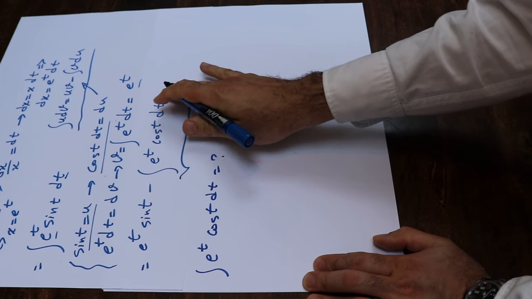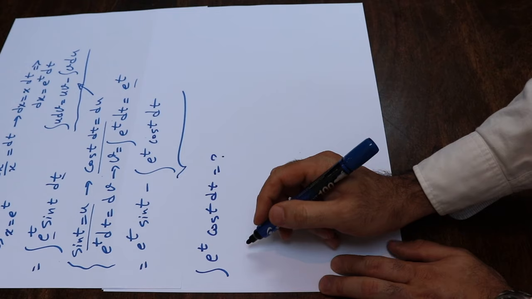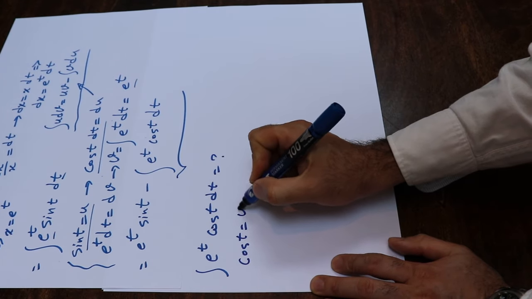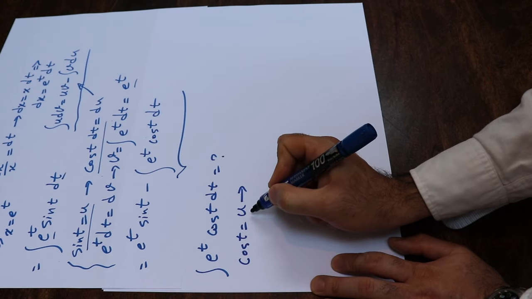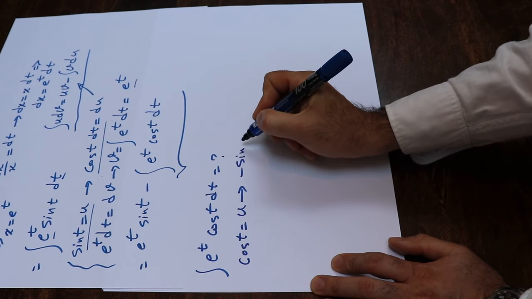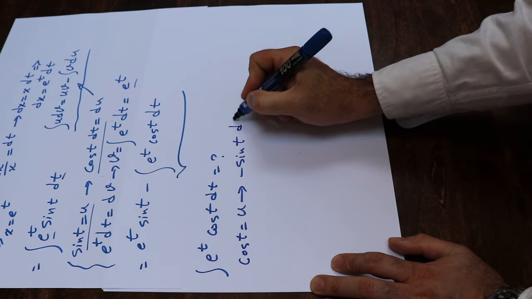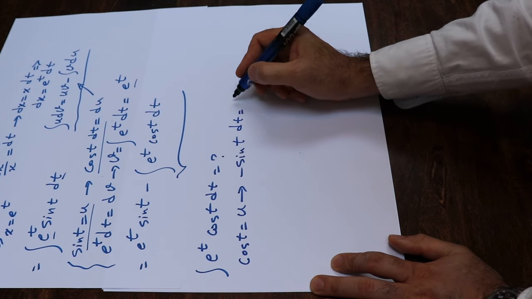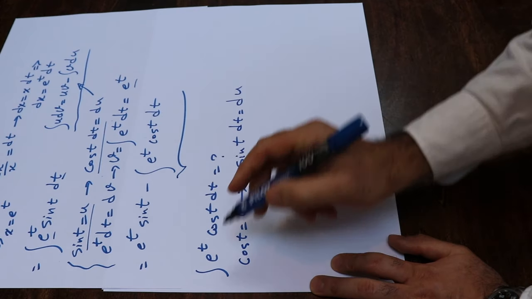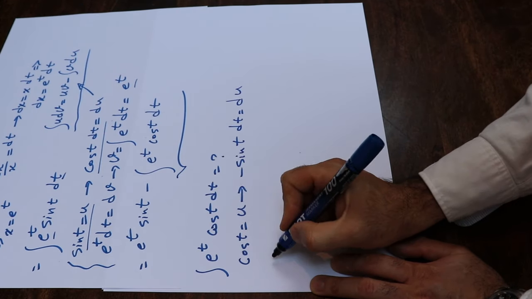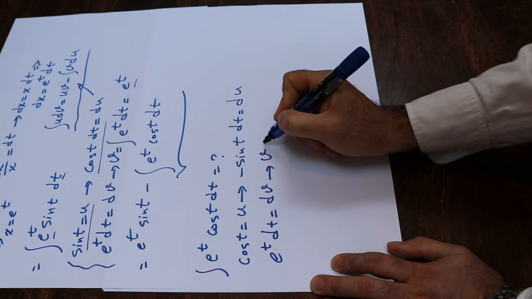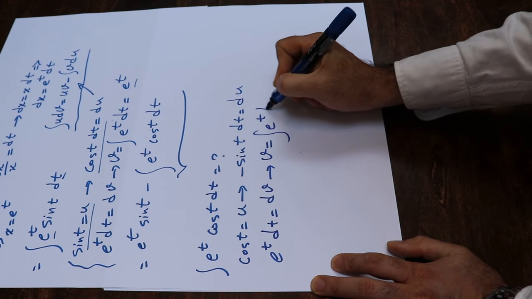Here I define cosine t as u, and if you take the derivative of each side of this equation, minus sine t dt will be equal to du. And if you define e^t dt as dv,